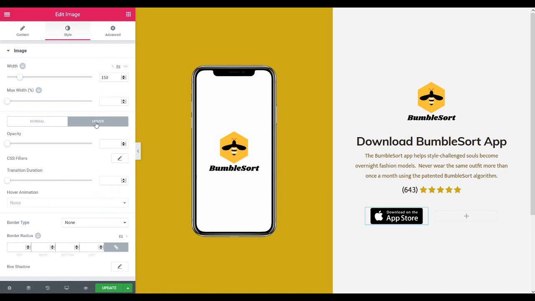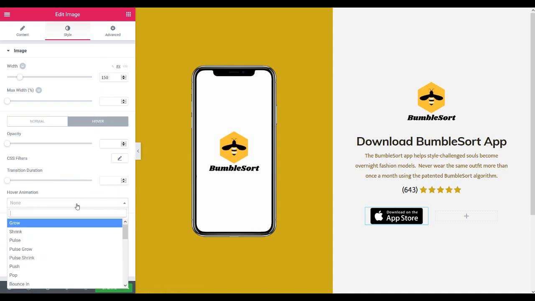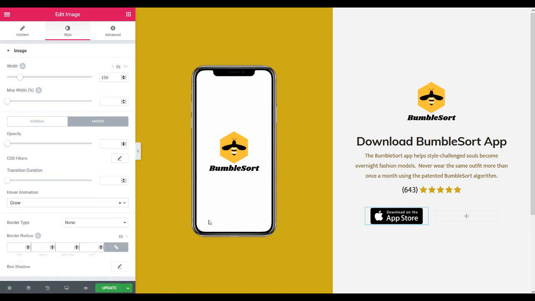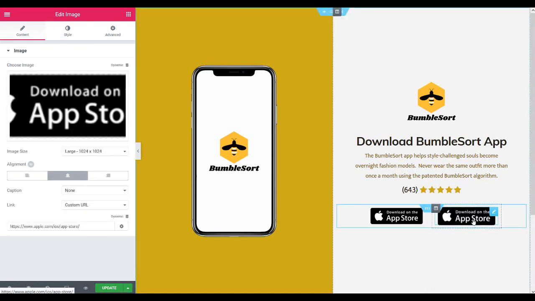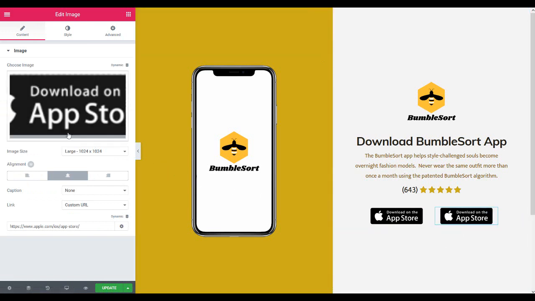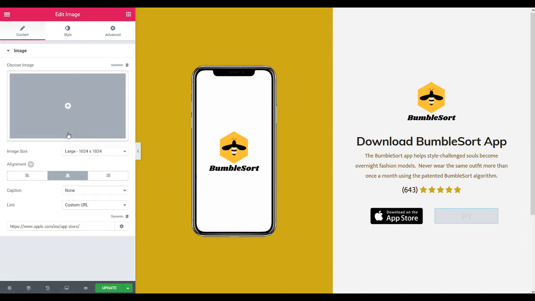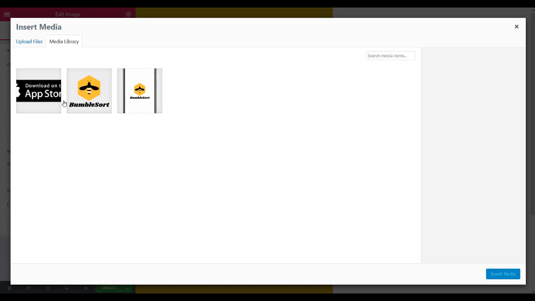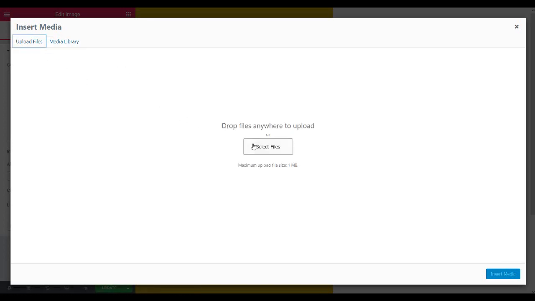and click Advanced. Actually, let's set the hover animation first. So when you put your cursor over it, it's going to grow. That looks good. So let's copy this and paste it over here in the right column. And select it. And let's go over here and delete that image, and we'll add in our Google Play Store